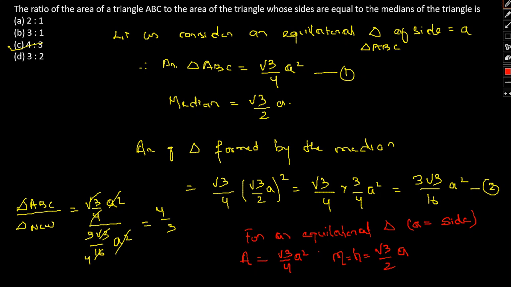Okay, so let me just explain to you how this comes as well. Suppose this is an equilateral triangle with sides A and A, so I have the median over here, and we know it is root 3 by 2 a, so therefore area will be given by half base into height, base being a and height being root 3 by 2 a, so it is root 3 by 4 a square. So this is how this entire thing comes into being. So hopefully all the things are clear to you.